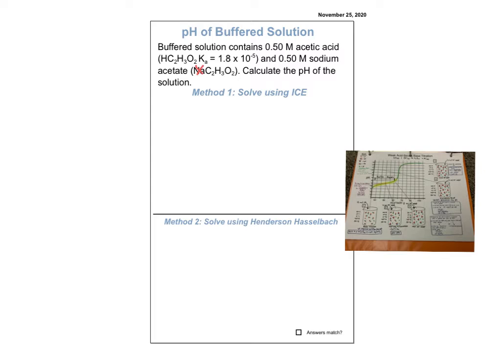So there's 2 options. We can either use an ice table or the Henderson-Hasselbalch equation. For these notes, we're going to do both and make sure our answers match as a way to check. But if this were a timed test, you would choose whatever method you are most confident in. Before we solve this out, I want to remind you,